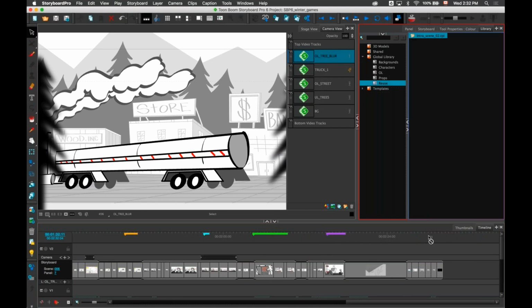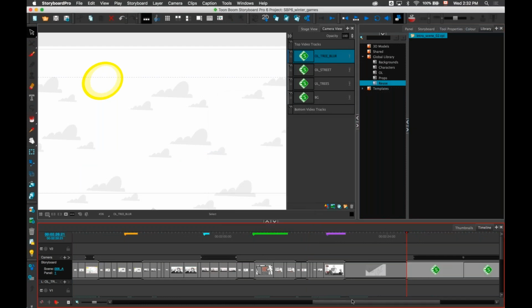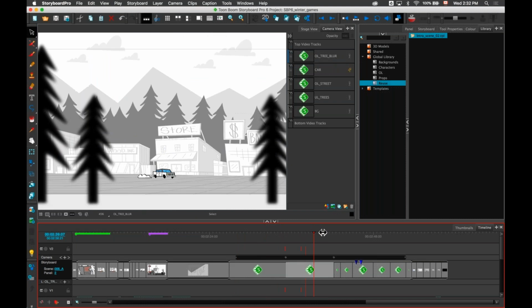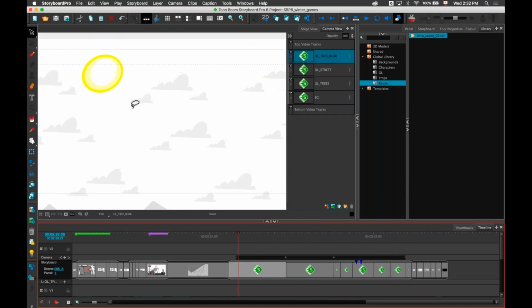And I can reuse all of those panels, including the camera movement, either in this project or in another project. I will just drag this between panels in my timeline, or I could do this as well from my thumbnails view. When I drop it, it will recreate all the panels and bring all the drawings and also the camera move. So now it makes it a lot faster to reuse panels, reuse artwork, or share artwork across productions.